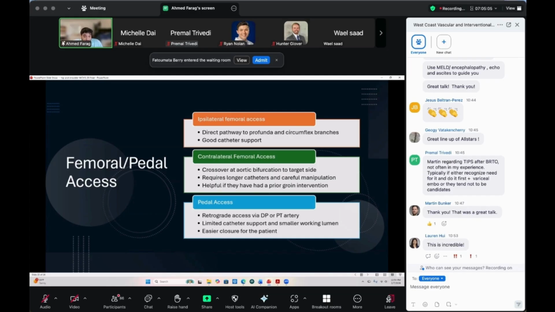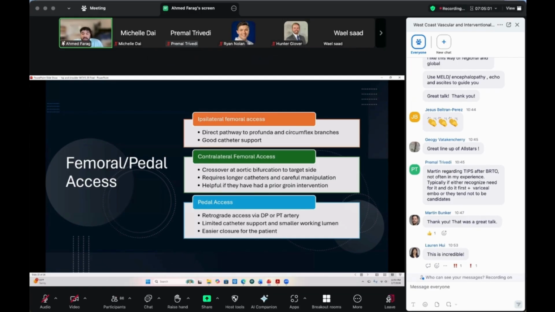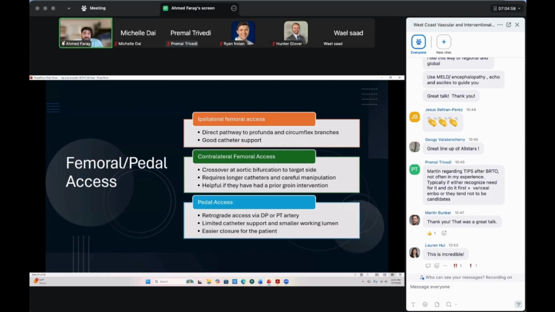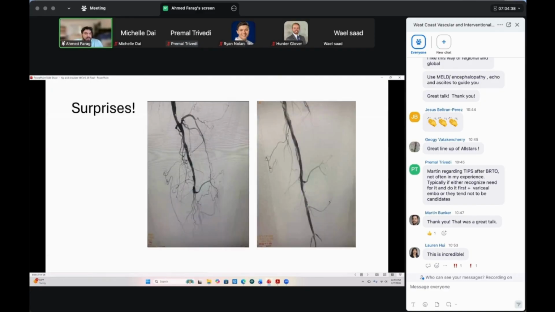And then my preferred is the DP or PT approach. Straight shot up, patients love it. Now you do got to get creative with those angles, and this is where those shapeable micro wires and micro catheters come into play. This is just an example of some pedal approach. Some of the hips that we've done, pedal approach coming in, we lock in and then lock in those lateral and medial vessels here. These can be tricky cases. So if you're not using shapeable wires, you need to start using them.